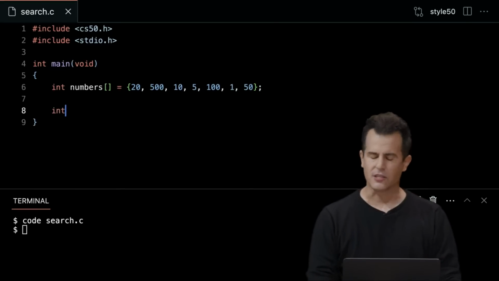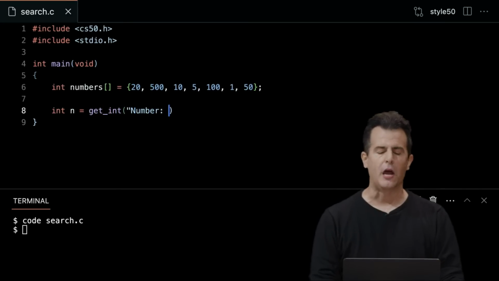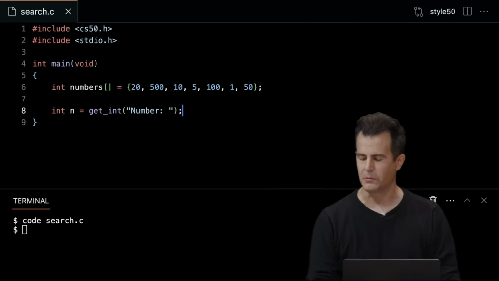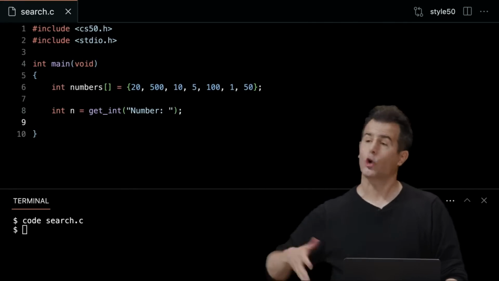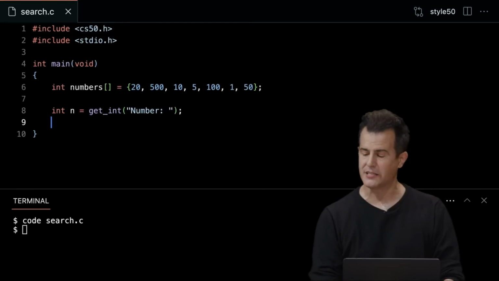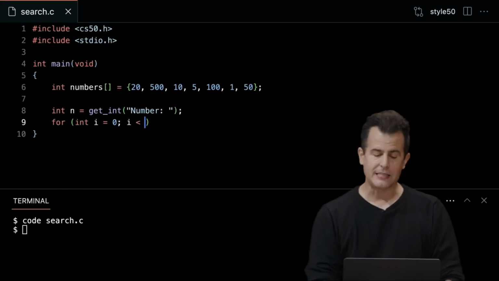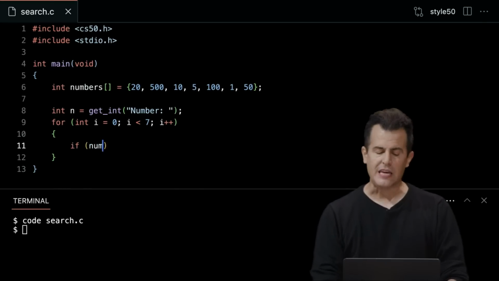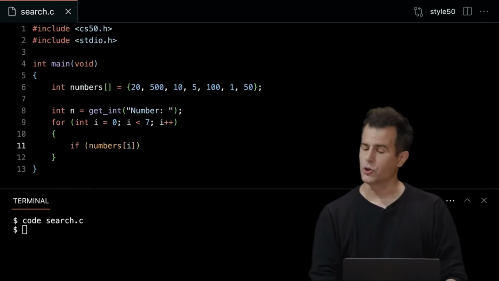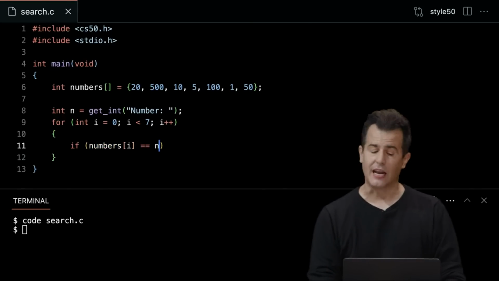Now let's go ahead and ask the user for a value n. And we'll use getInt and just ask the user for a number to search for, be it 50 or something else. And then here's how I might implement linear search in code now, translating effectively the pseudocode from last time. For int i equals 0, i is less than 7, i plus plus. And then inside of this loop, I can ask a question. If the ith number in the numbers array, so numbers bracket i, equals the number n that I care about,